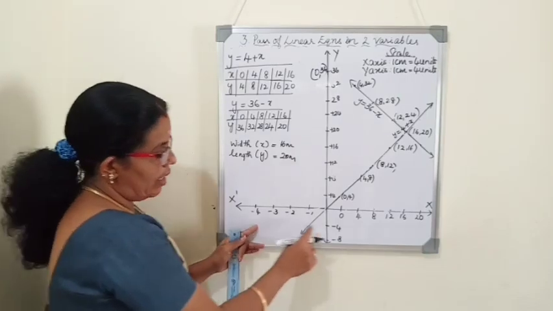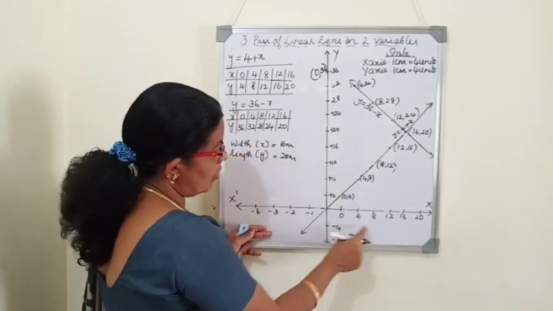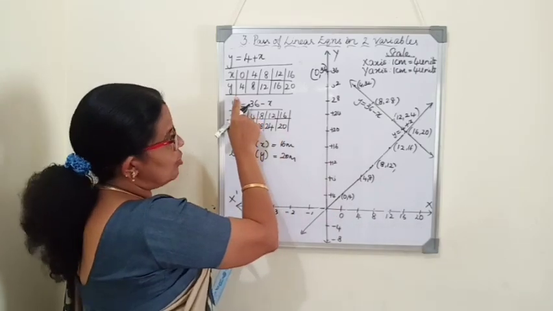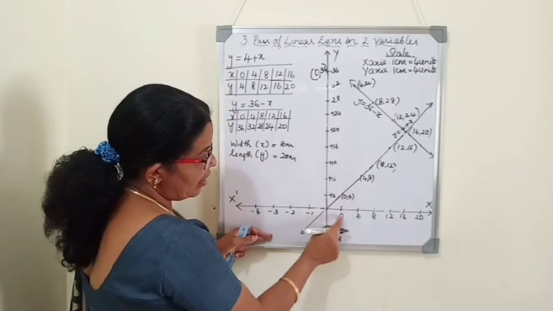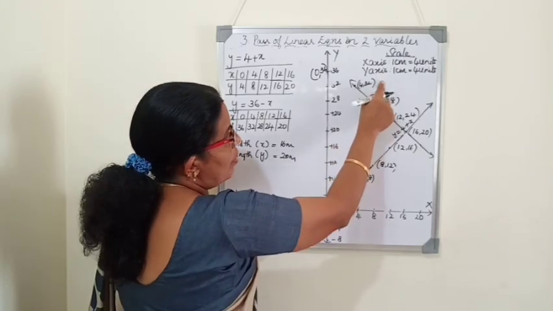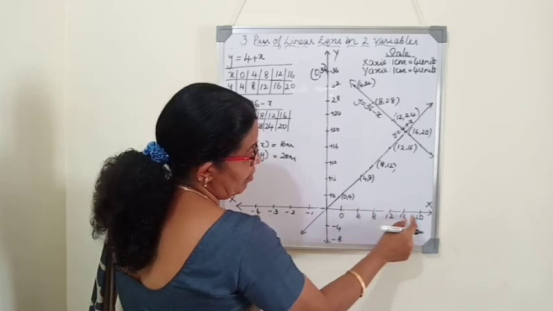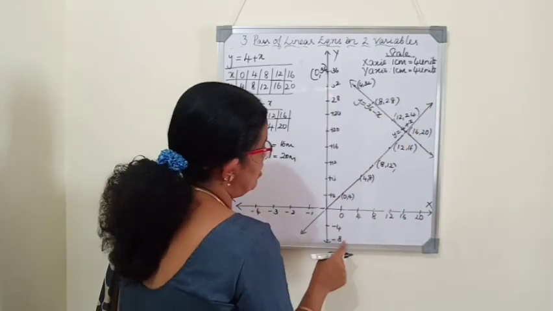Here I had taken 0, 4, 8, 12, etc., instead of 0, 1, 2, 3, because it would be very difficult to mark all the numbers from 0 to 32. So multiples of 4 had been taken. On the x-axis and y-axis, the scale will be 1 centimeter for 4 units, because all are multiples of 4. And in the same way, on the y-axis 1 centimeter is 4 units.